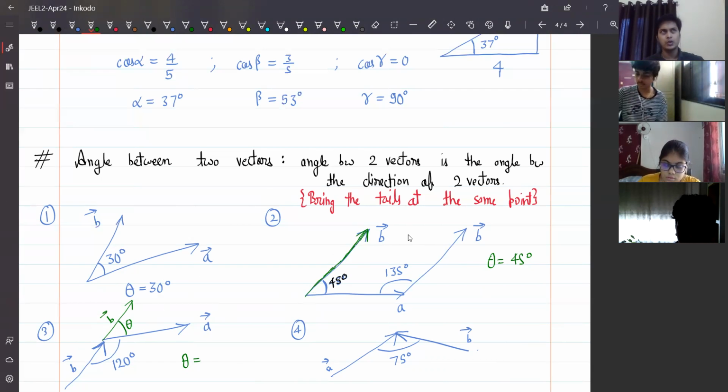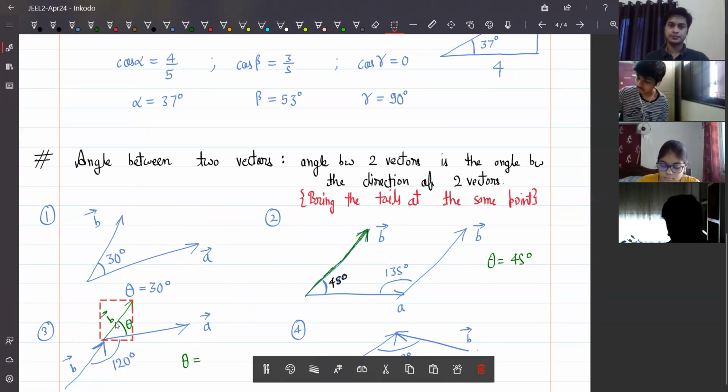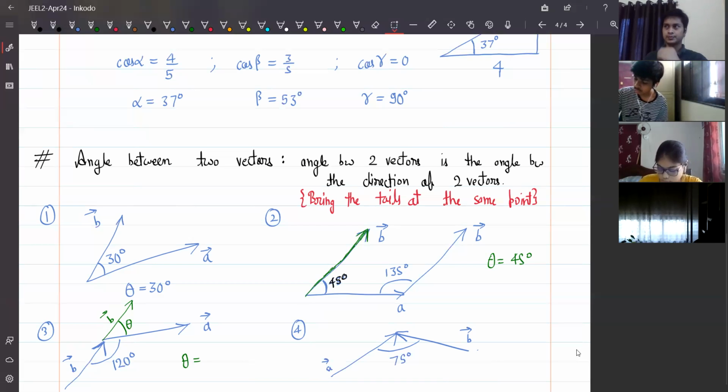Understood? Okay, so sir, we can change the direction anyhow we want, just to bring it to the same point, right? You cannot change the direction. You can only change the starting point. If I want to take the B vector, I can only move it like this without changing the angle. I'm not changing the direction of it. I can put it here, I can put it here. The length and the direction do not change. The starting point can change. Understood? Yes, sir.